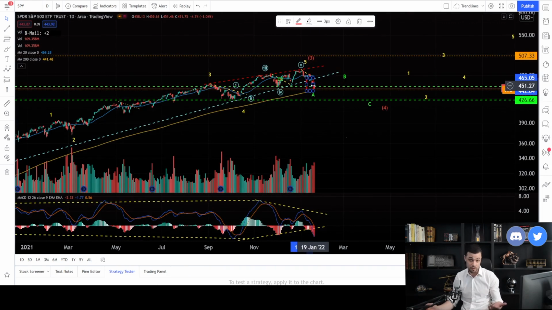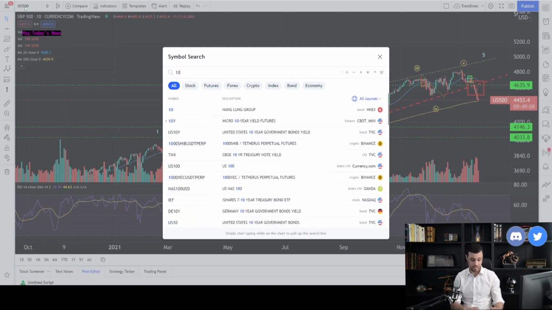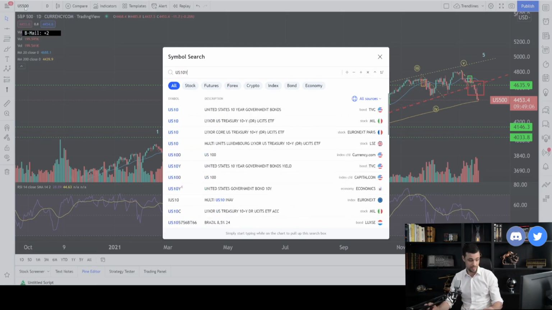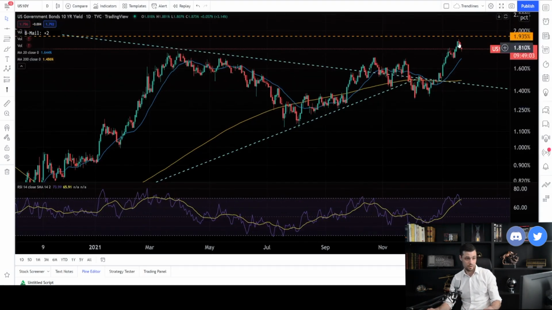You guys are aware of that. The 10-year is going really higher, guys. US 10-year, you can have a look at that. Okay, we are correcting a bit. But this rally of the 10-year is suggesting that the inflation is here. It's showing you that traders are pricing inflation, and so the Fed is talking in 5 days, so let's see what Jerome Powell has to say.